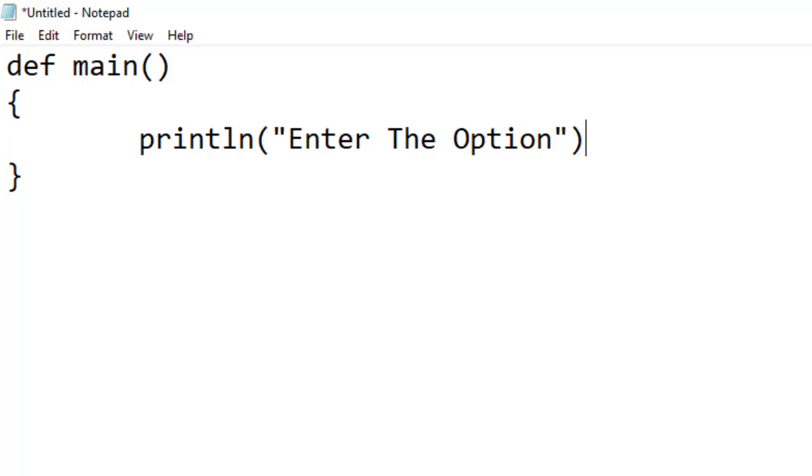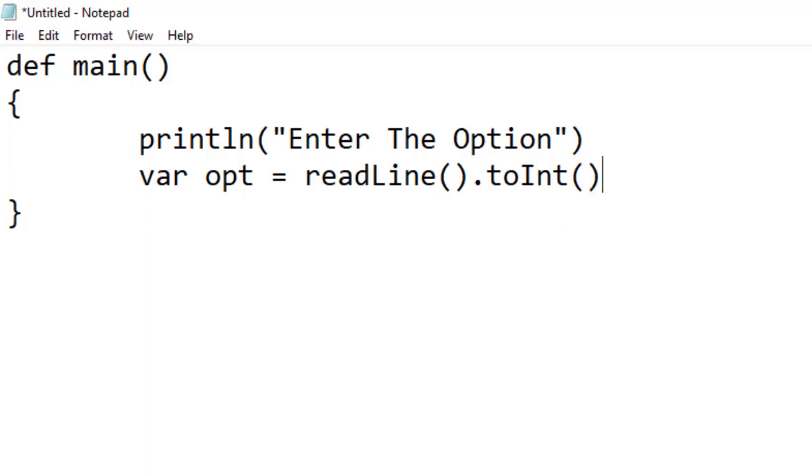So this is my message, then val opt equals readLine and then dot toInt. This will convert the option into int. When equals to this option,